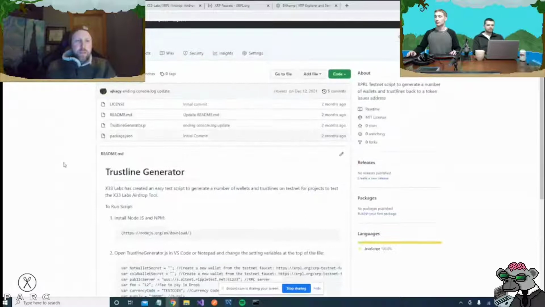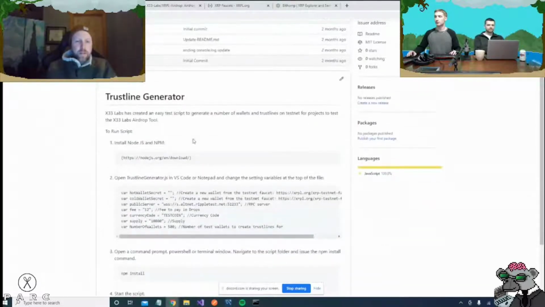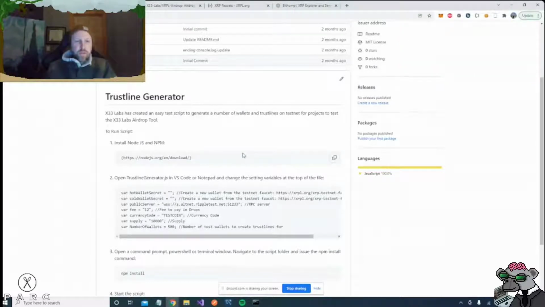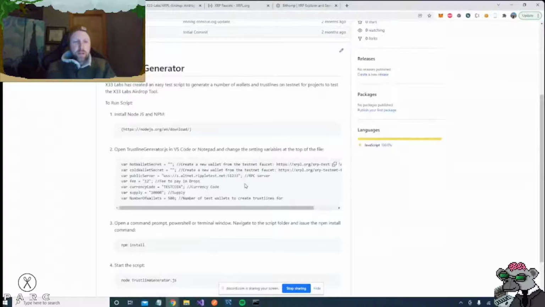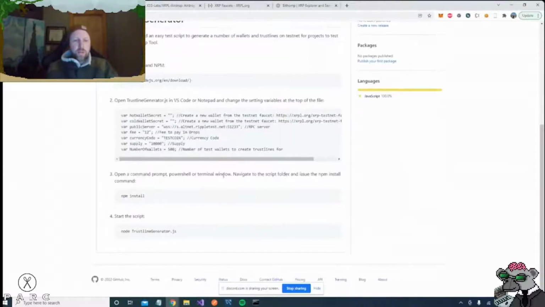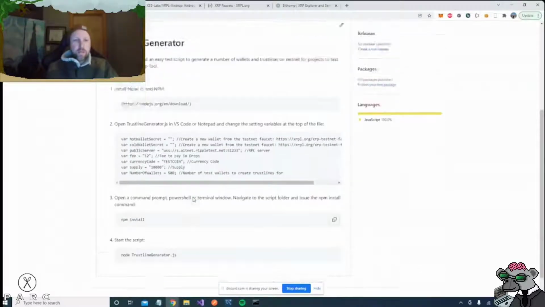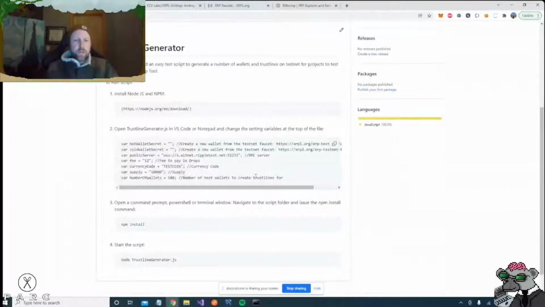What this basically does is it's a tool for testnet that will allow you to issue a token and then create accounts and add the Trustline to that new token that you built. It's a good way to generate a bunch of accounts to test your airdrop out. So we're going to go ahead and install this and